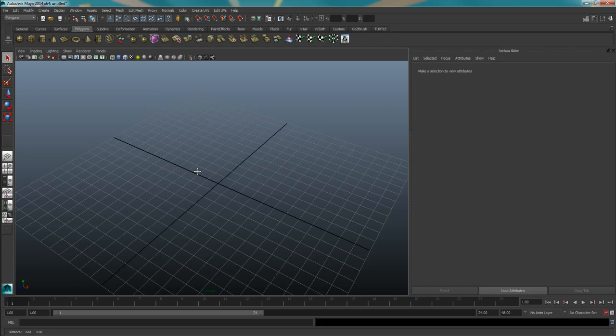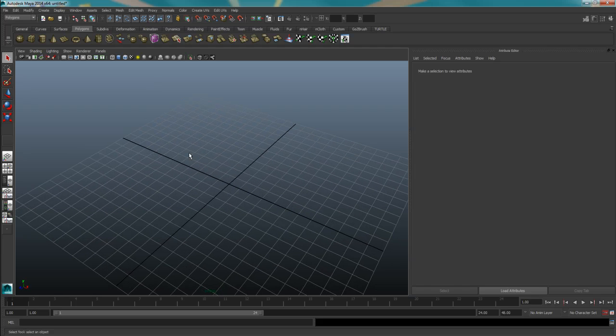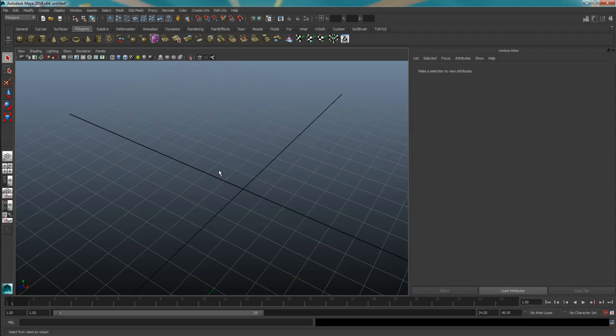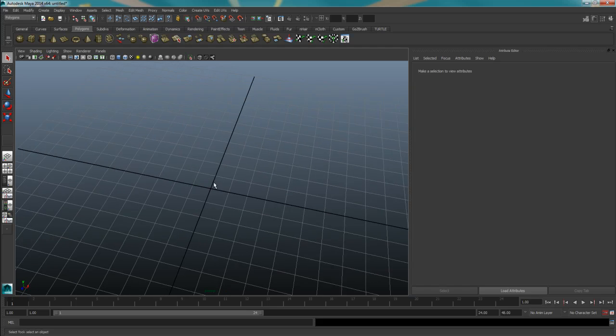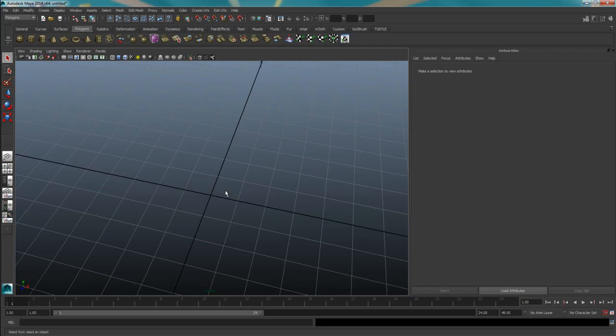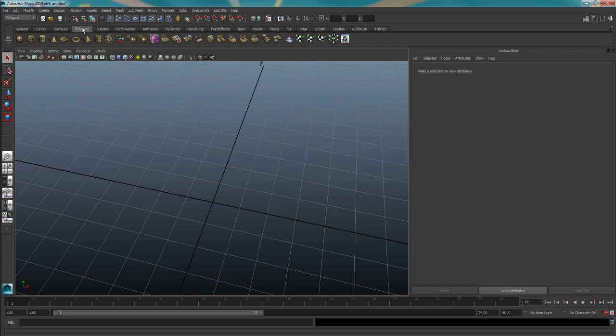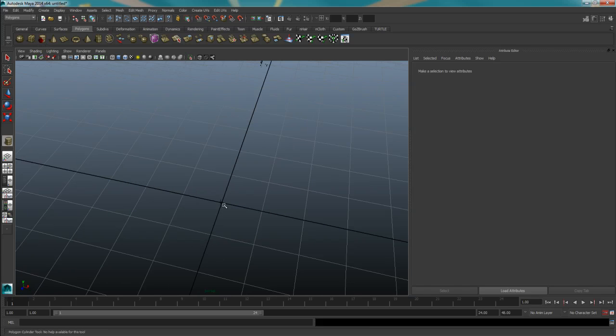So today we're just going to make a simple coin. Basically we're going to make it in Maya, quickly UV it, and then send it over to Mudbox and make a normal map and bring it back in. So first thing we're going to do, go to our polygons shelf, hit the cylinder, and we're going to